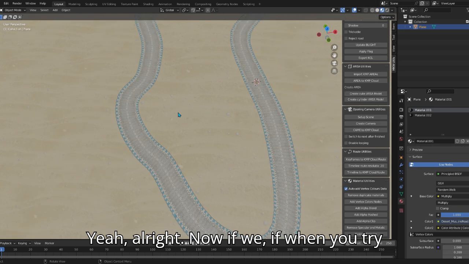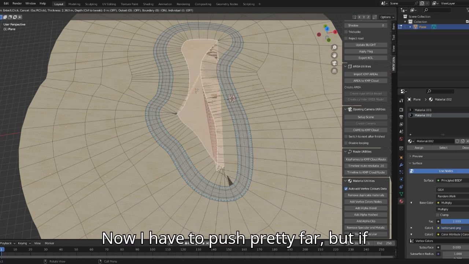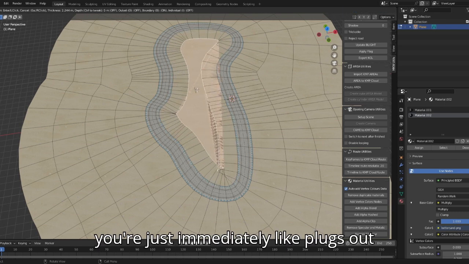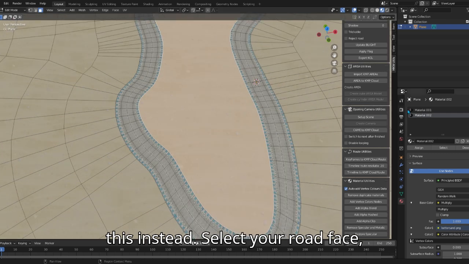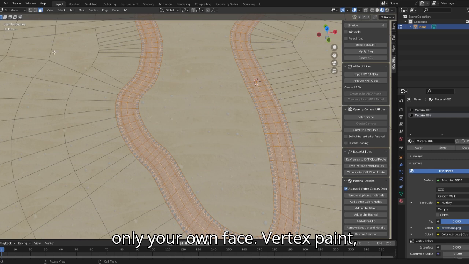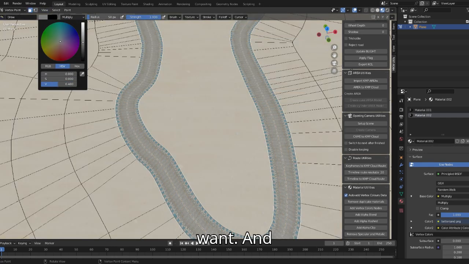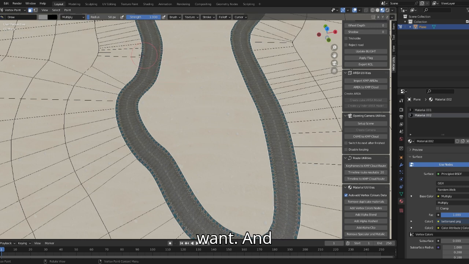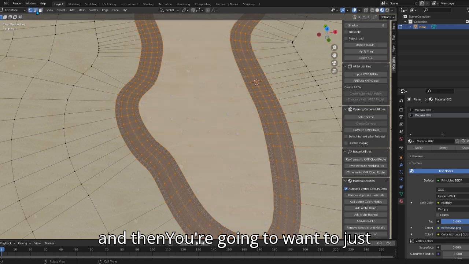Now when you try to inset it, you can see this happens. Now I have to push pretty far, but if yours just immediately plugs out like this, then you're going to have to do this instead. Select your road face, only your road face. Vertex paint, face select, make it as dark as you want. And now you're going to want to go back into edit mode,